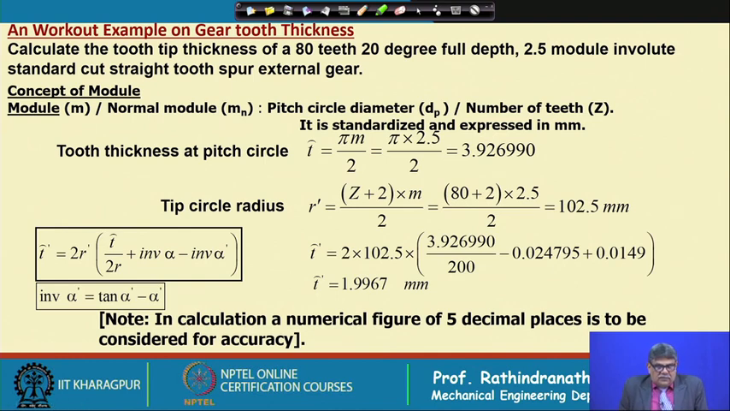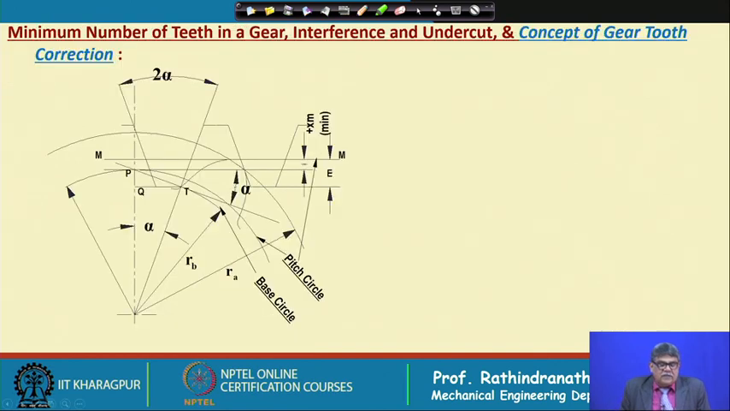Again, please note that in the calculation, numerical figures of 5 decimal places are to be considered for accuracy. Now, I shall discuss the minimum number of teeth in a gear, interference, undercut, and the concept of gear tooth correction. When I come to gear tooth corrections in module 7, we shall discuss more about those corrections, but here I would like to mention